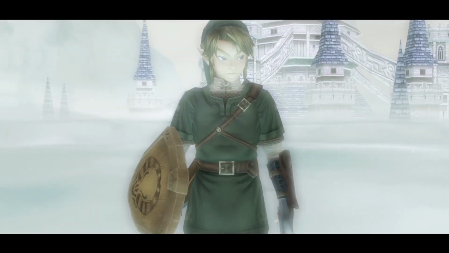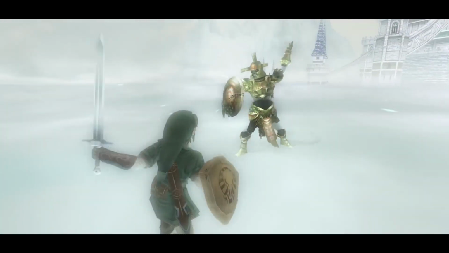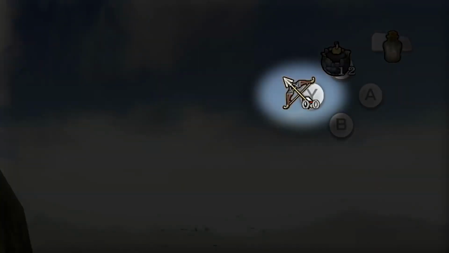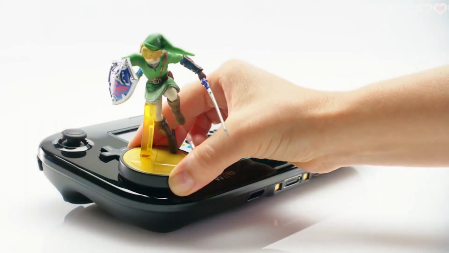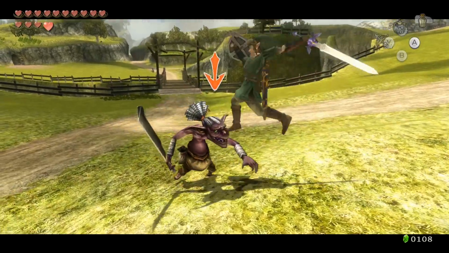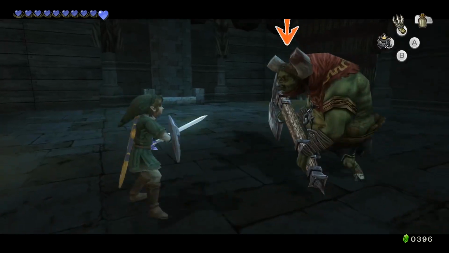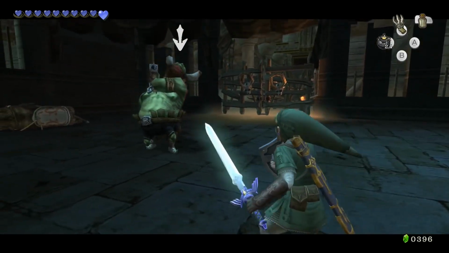Aside from Wolf Link taking you to the Cave of Shadows, some other select Zelda amiibos give you different outcomes. A Link amiibo refills your quiver, so say goodbye to all those times you needed more arrows. A Princess Zelda amiibo refills your hearts, which comes in handy if you ever need a helping hand, and the Ganondorf amiibo is the most interesting in my opinion, as it doubles the amount of damage Link takes, turning his